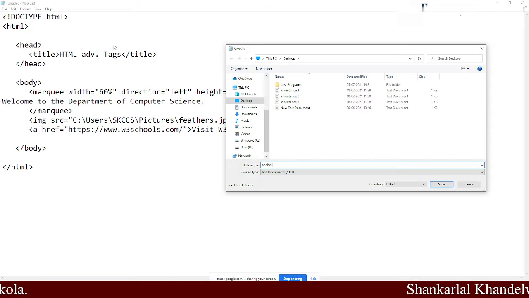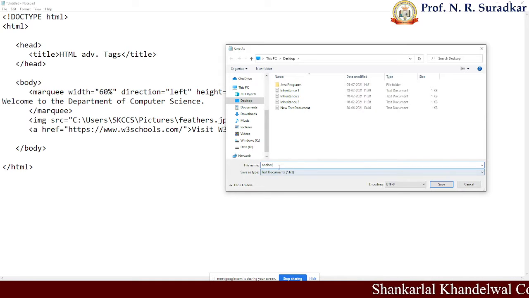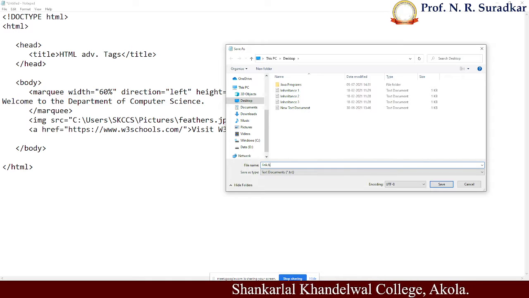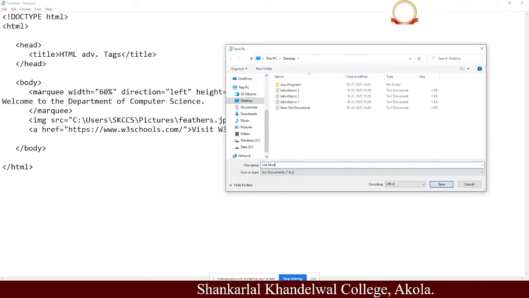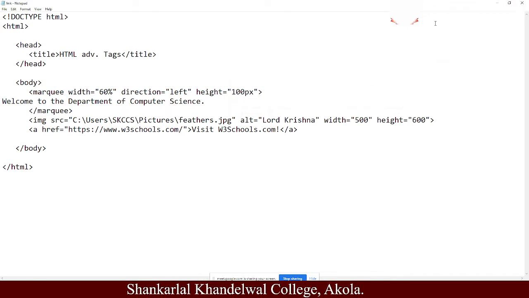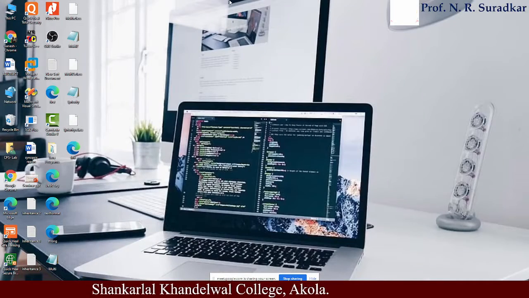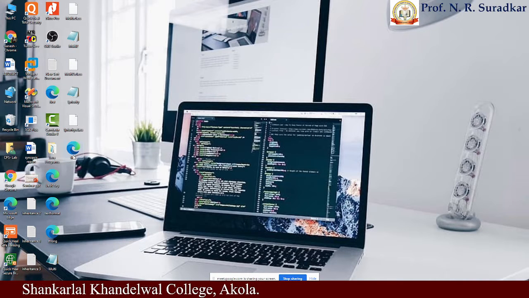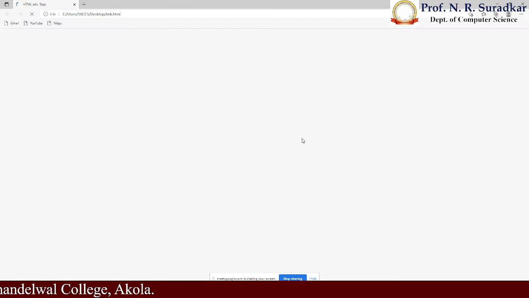Okay, let's see here. Now we have to save the program. To save the program, I want to choose the name as link.html, and the program is saved on the desktop. Click on the option save. When I do this operation, minimize the window, it goes to the link web page, and double click on this link web page.